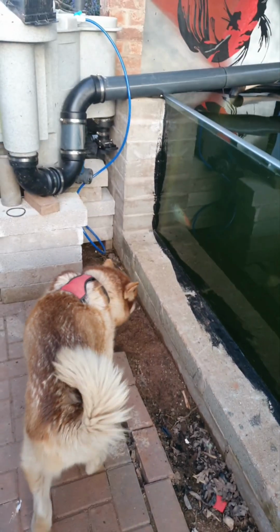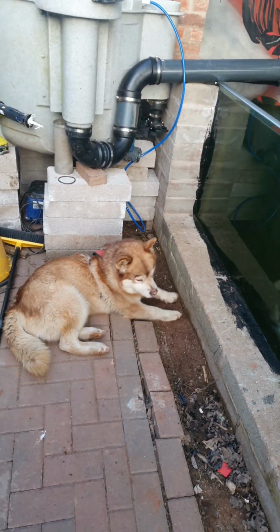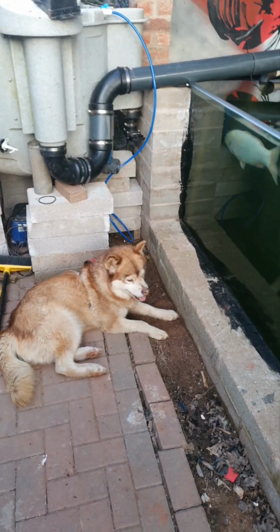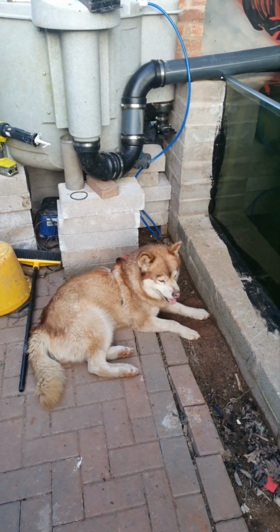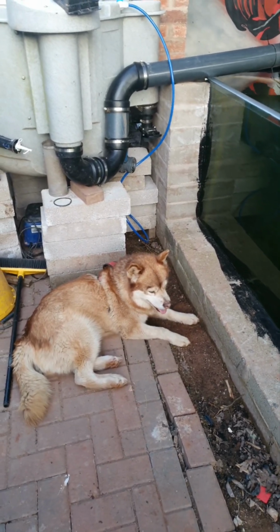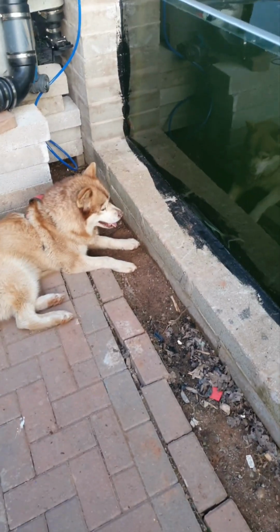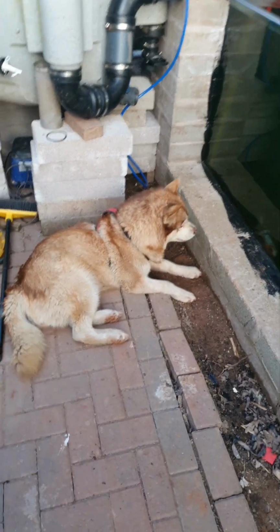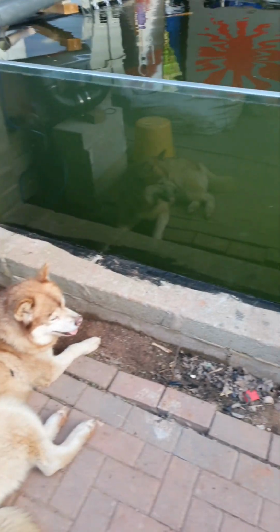She will just sit and watch these fish all day. I'm so happy. Look at her. She'll just sit there. She will sit there literally all day and watch the fish, because it's all she's ever done since she's a pup. Since the ponds that I had, which were a hell of a lot smaller than this. But no, really,